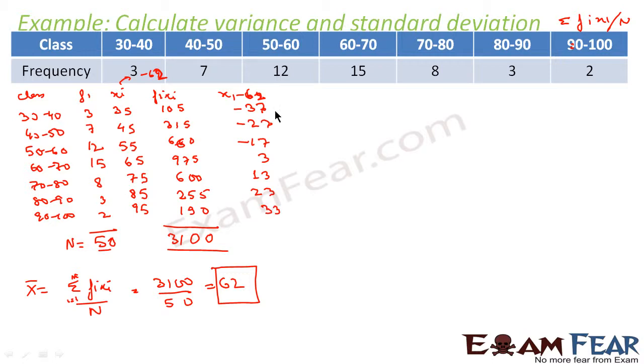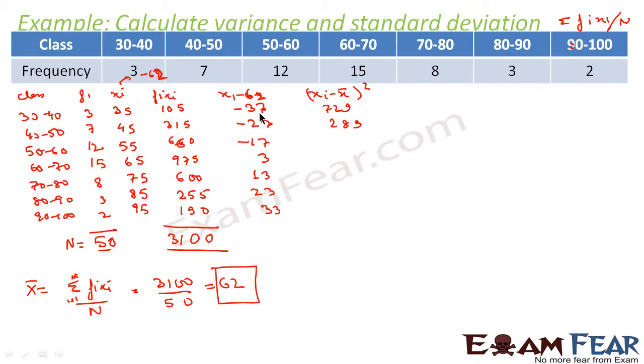The next step is we have to find the square of this, that is (xi minus mean), that is (xi minus 62) square. 37 square is nothing but 729. 27 square is nothing but 289. 17 square is nothing but,